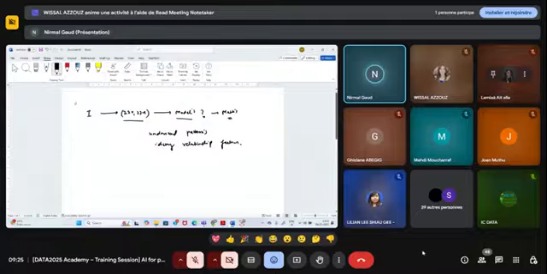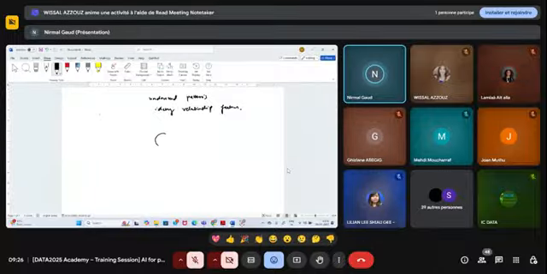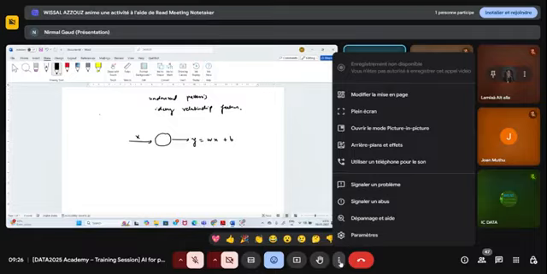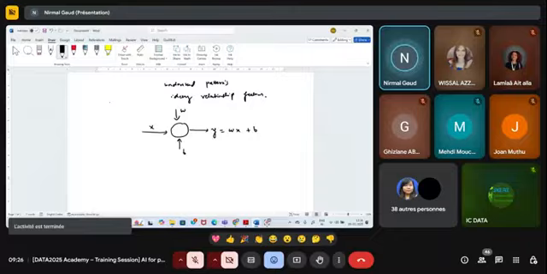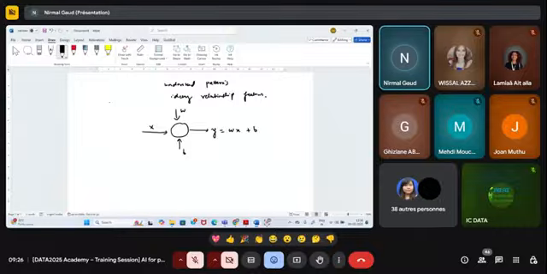If you talk about a neural network, this is a neuron. You give an input to the neuron. The output from the neuron is Y, that is written as WX plus B. W is weight, B is bias. Weight is the strength of interconnection between the two neurons in the different layers. Bias is an error term. Ultimately, this equation is inspired from y equals mx plus c, which is the equation of a line.